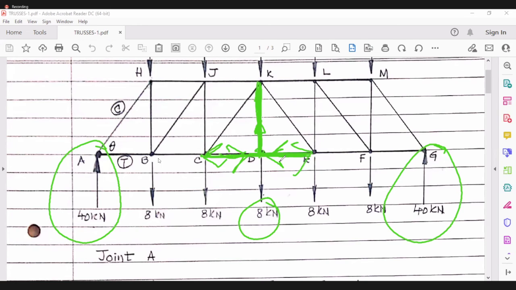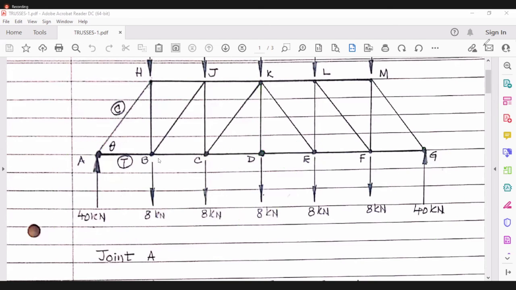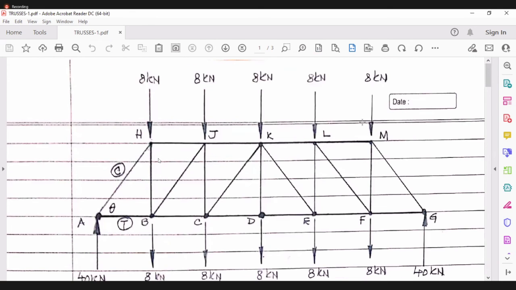For that you have to work it out. But in general, in this kind of truss and this kind of loading, of course,